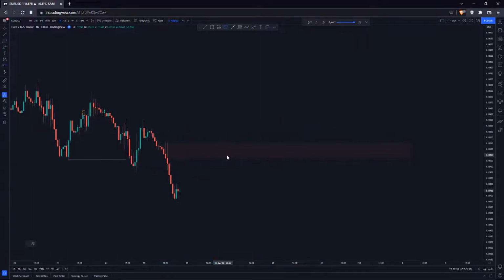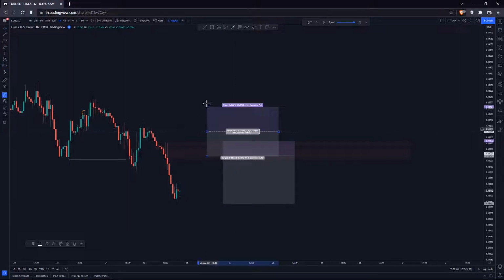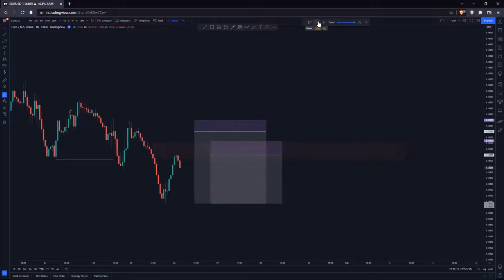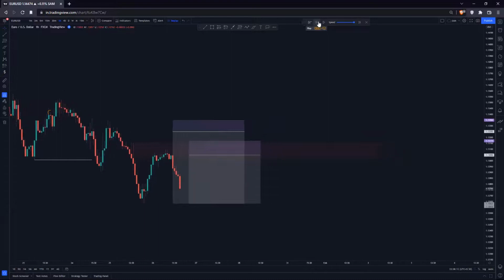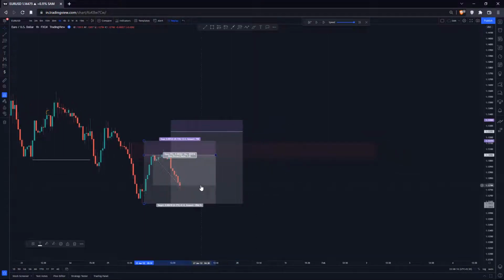We can keep entry right here, keeping stop just above, targeting this, and one entry right here, keeping stop just above, targeting the low. Now let's see which one will get tapped. All right, this one got tapped. Of course, this is 1 to 3, but with our entry criteria,